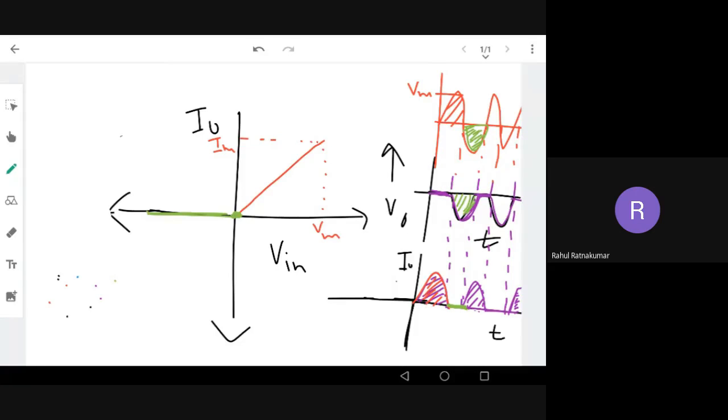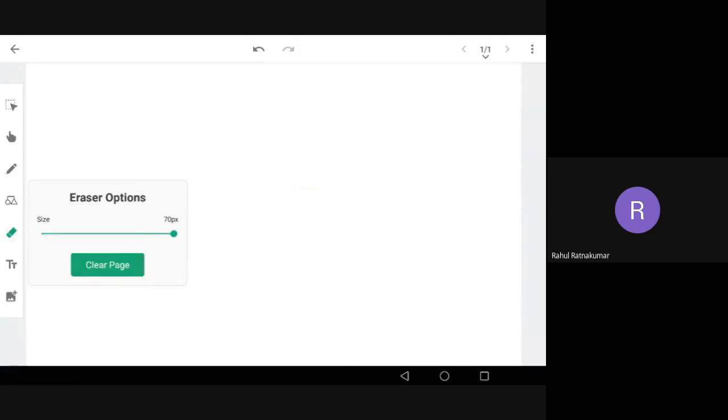Now we'll go to another circuit. I think this is clear for everyone. This is the most basic way we are analyzing diode circuits. The same way of analysis we have to apply to all other electronic devices and components. So the next circuit we have discussed yesterday only.